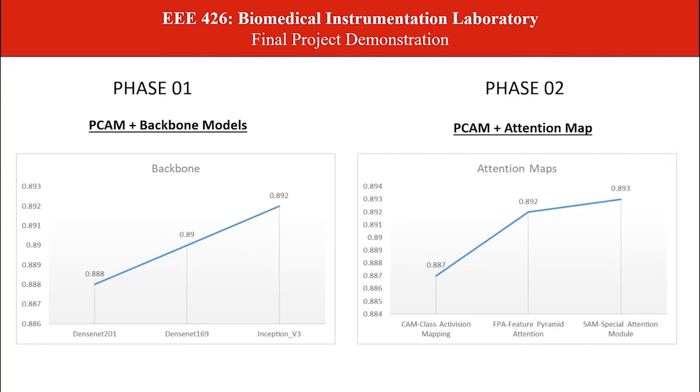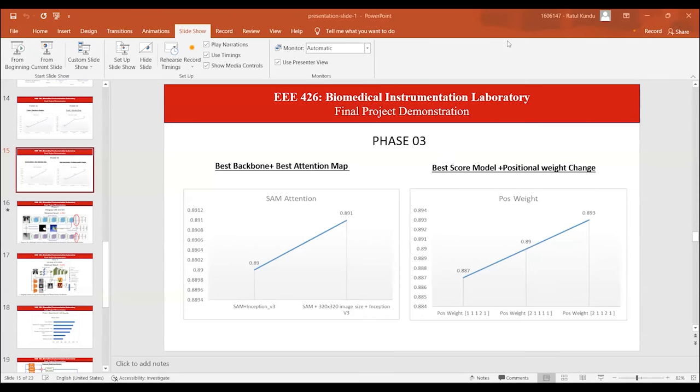Here we can see that the CAM attention map's performance is not up to the mark, whereas the SAM attention map gives an increment over the baseline score, producing an AUC score of 0.89. The SAM attention model and Inception version 3 model worked progressively well in our previous phase experiments. So in phase 3, we implemented both the SAM attention model and Inception to improve our previous base score of